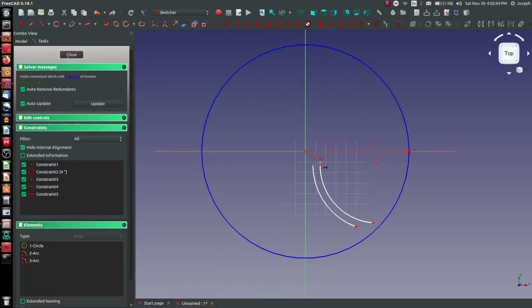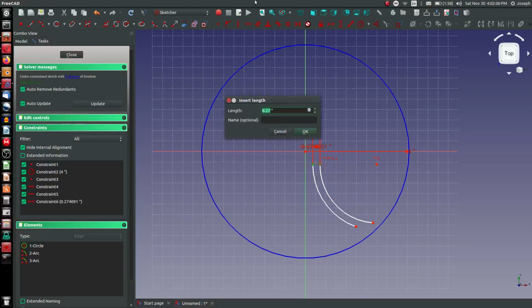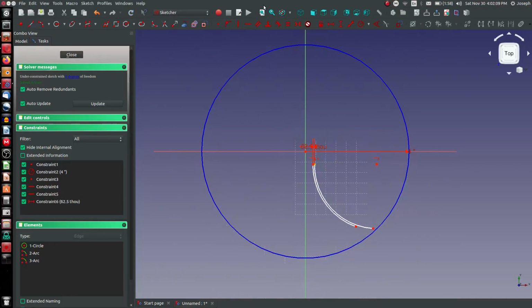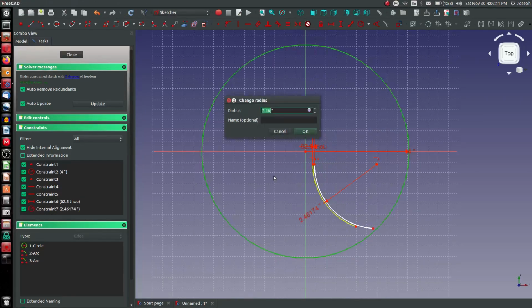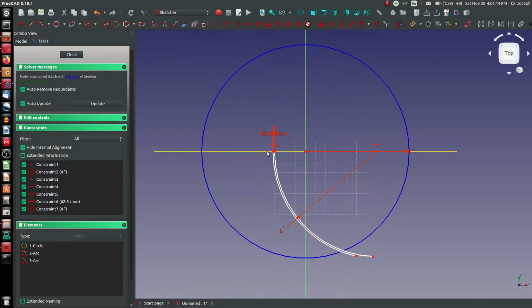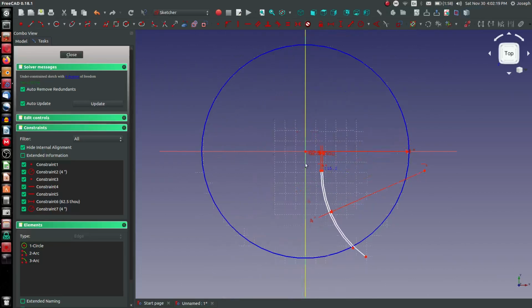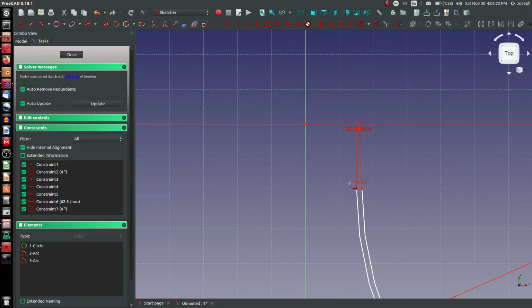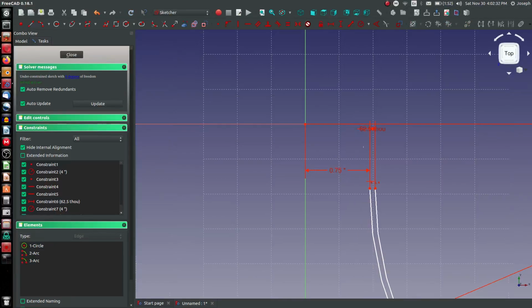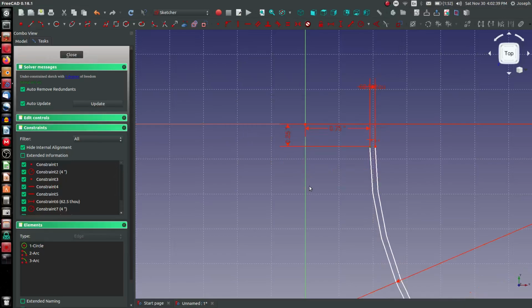Shift H for a horizontal dimension. We're going to go with 0.0625. Shift R for a radius. The outside radius we can make 4. There we go. And then Shift H for a horizontal dimension. Whoop, I clicked the wrong thing. Shift H here and here. 0.75, Shift V for vertical, 0.25,